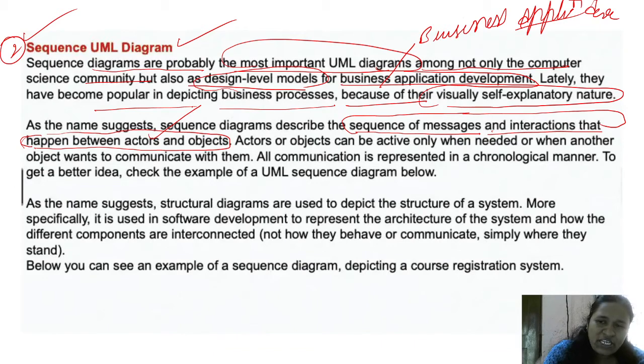In the interaction, the sequence of messages shows which actor is sending a message to which object, and which object is giving a reply to that object. This is mainly the sequence of messages here. Remember this.